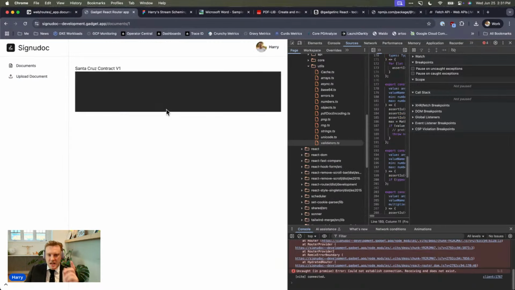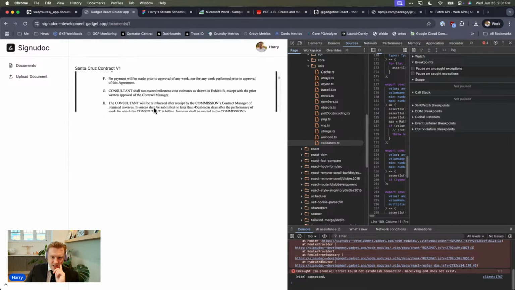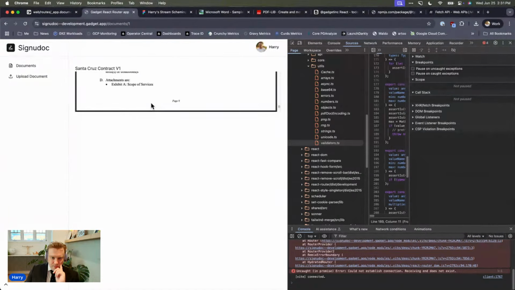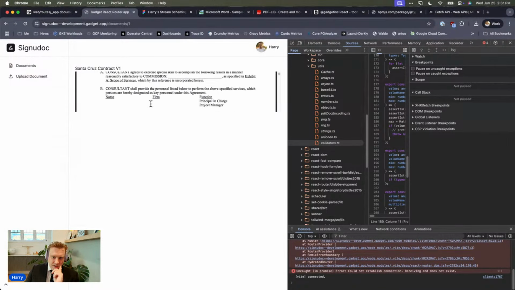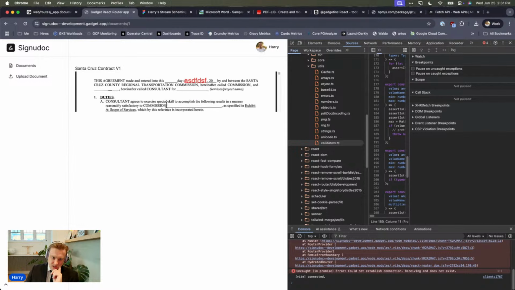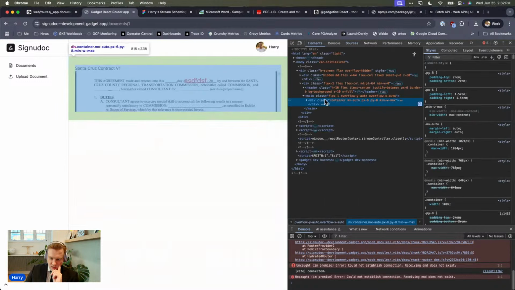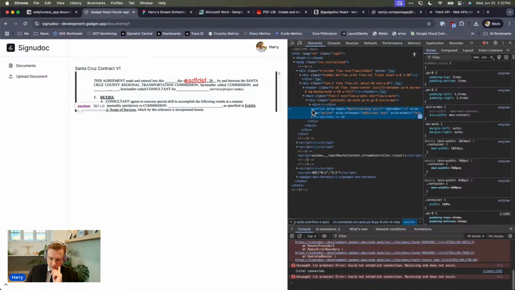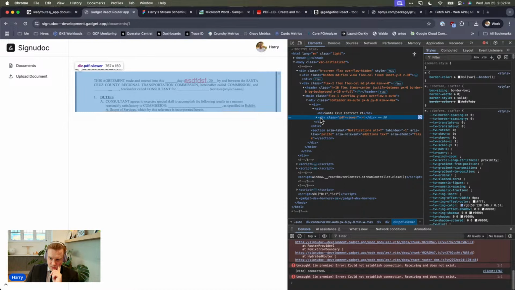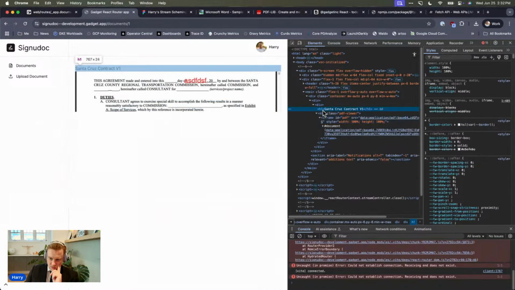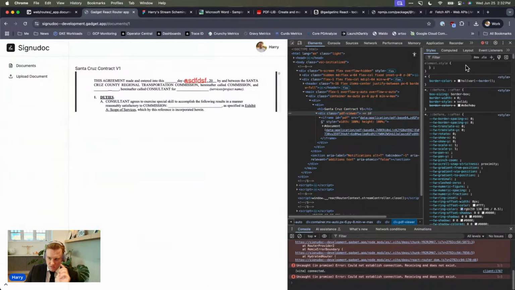Yeah. Okay. What I'm thinking here is, shoot. What I need right now is a way to position items atop this iframe that holds the PDF in order to